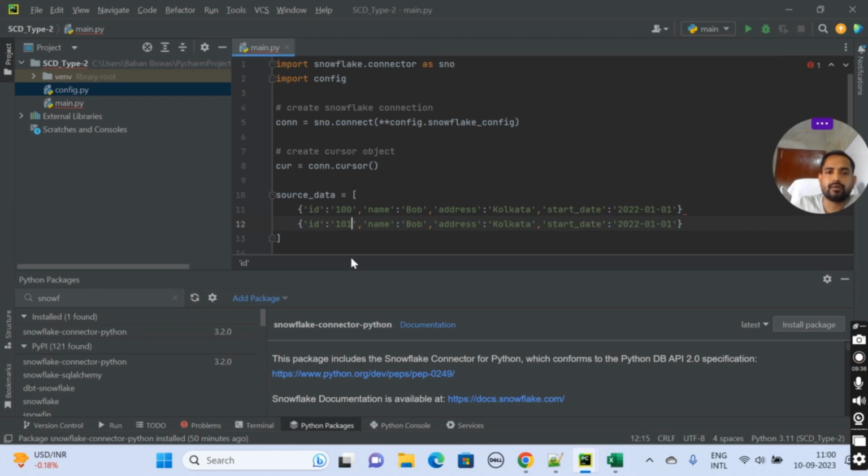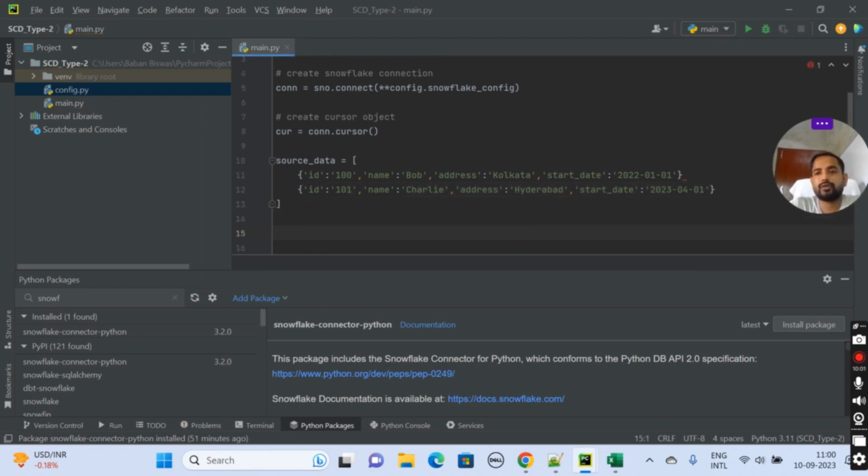Let's put ID as 101, name as Charlie, address as Hyderabad, and start date 2023, something like this. Now we have our data ready.